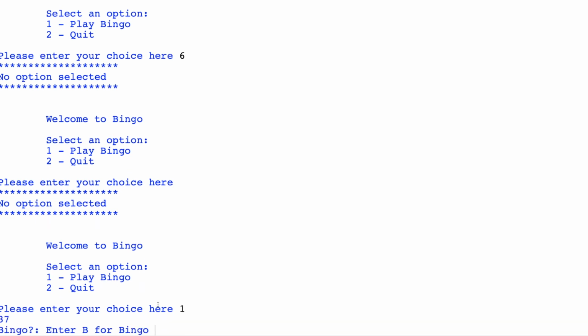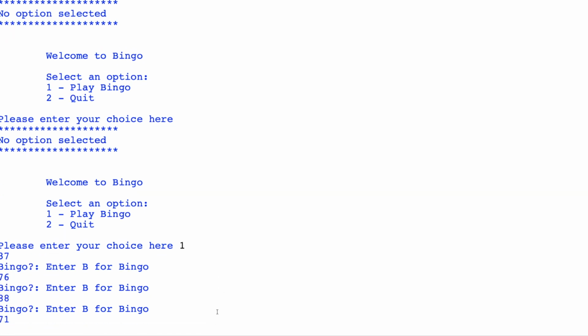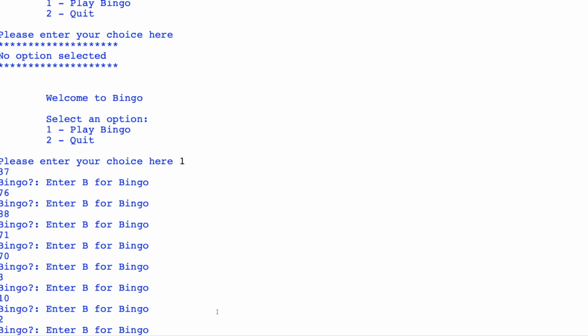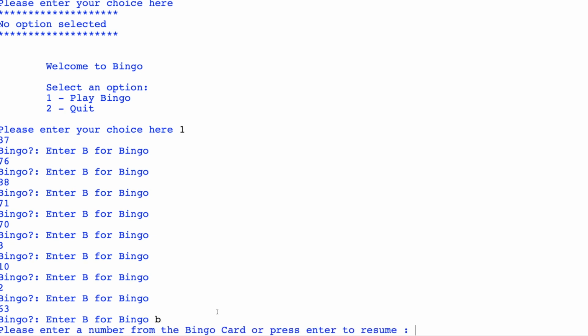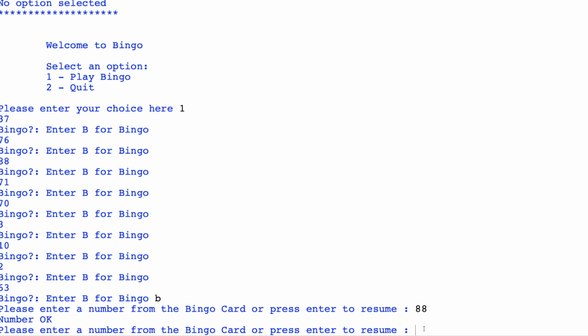So if we go to number 1, this does exactly the same. Every time I press enter, it's coming up with a new number, and if we press B for bingo, now then, this is the difference. This time it says please enter a number from the bingo card or press enter to resume. So if we enter a number, we'll put 88 in, so you can see 88's been there. When we press 88, it says number okay, please enter another number. Okay, 76,